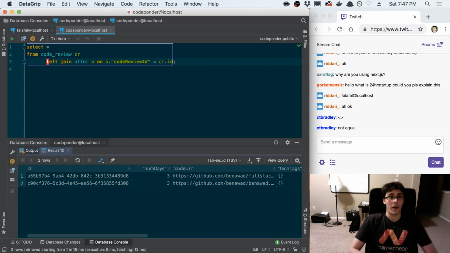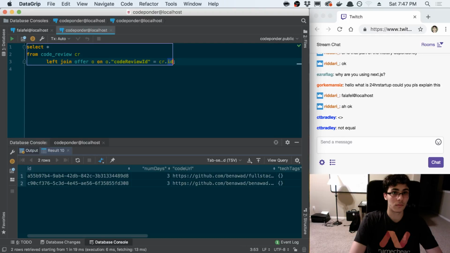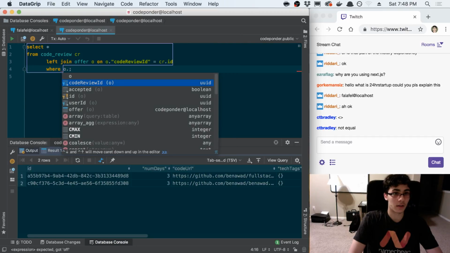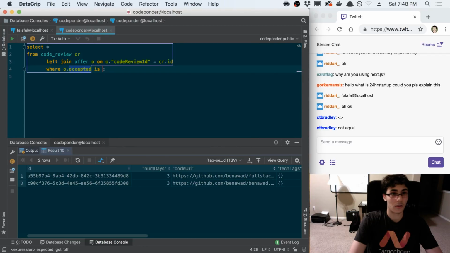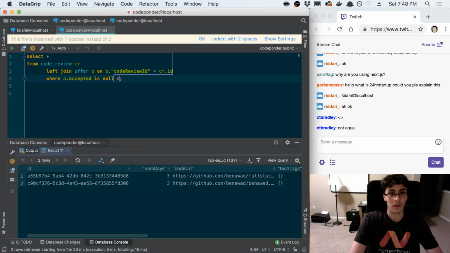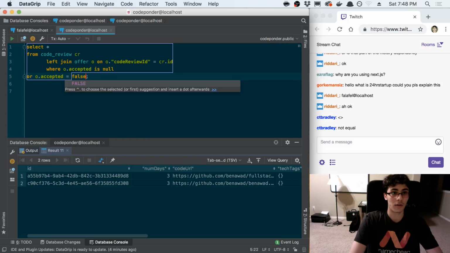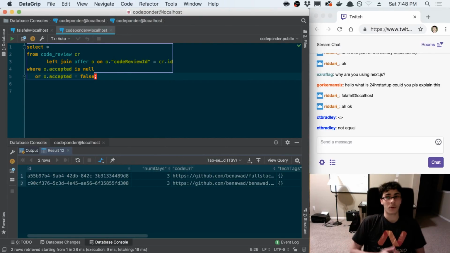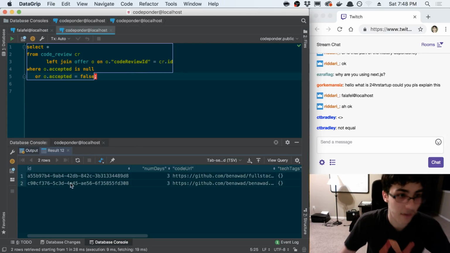So now we need to do a where. And we're going to say where o.code review. So either they don't have an offer on the code review at all, or o.accepted is equal to true. Sorry, false. All right, let's format that nicely. All right, this is the SQL query that I want to run, I think. So now that I have an idea of what I want that to run,